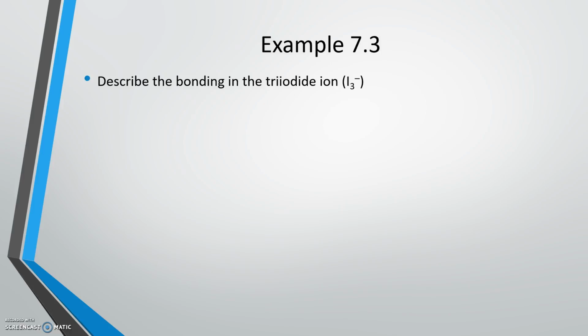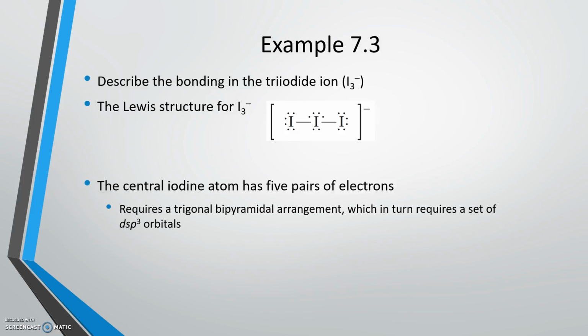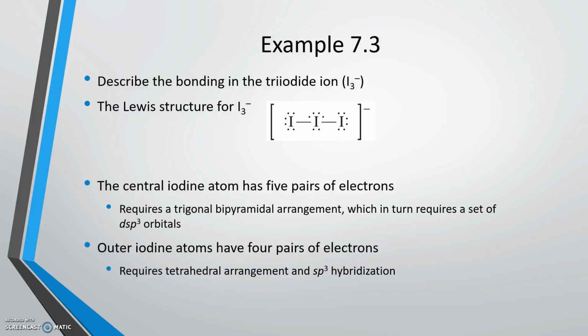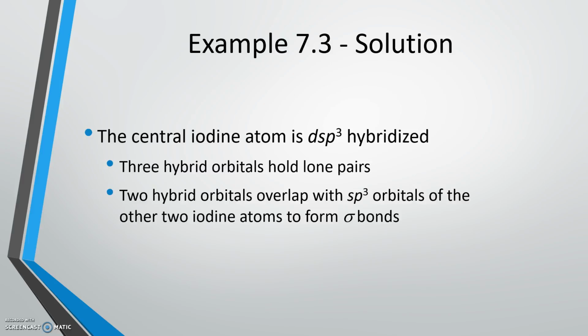Let's apply our new knowledge to describing the bonding in the triiodide ion. The Lewis structure is shown on the screen. The central atom has 5 pairs of electrons, 2 bonded and 3 non-bonding. Again, with 5 electron regions, we need a trigonal bipyramidal arrangement and a set of dsp3 orbitals. We can also look at the outer iodine atoms, which have 4 pairs of electrons and need a tetrahedral arrangement and sp3 hybridization. So in order to describe this molecule, the central atom is dsp3 hybridized, 3 of those orbitals hold the lone pairs, and the other 2 overlap with the sp3 orbitals of the outer atoms to form sigma